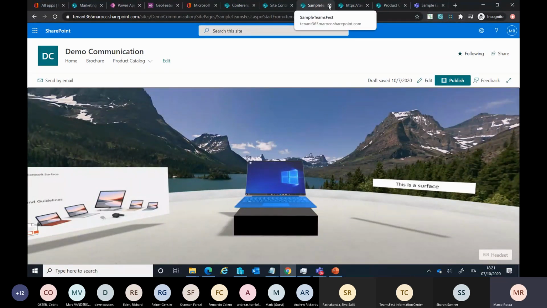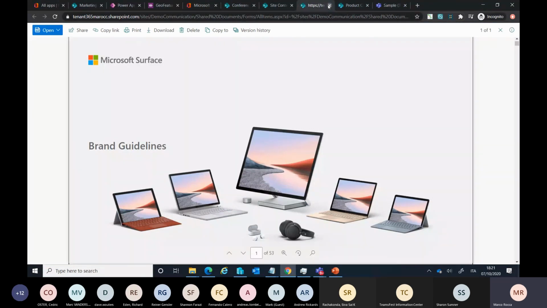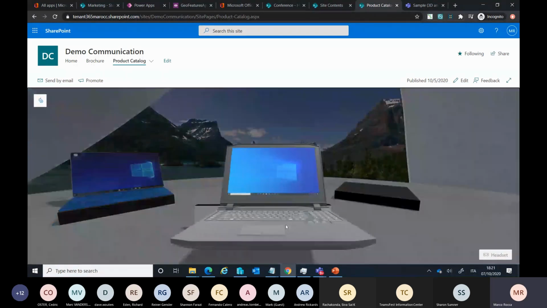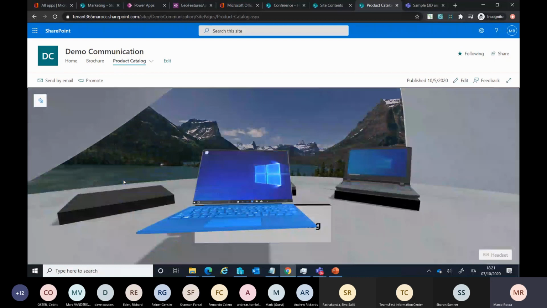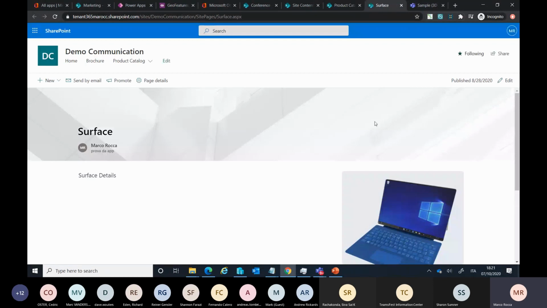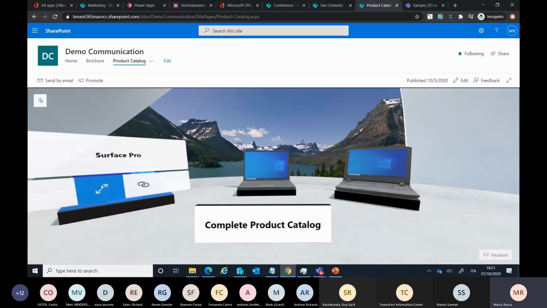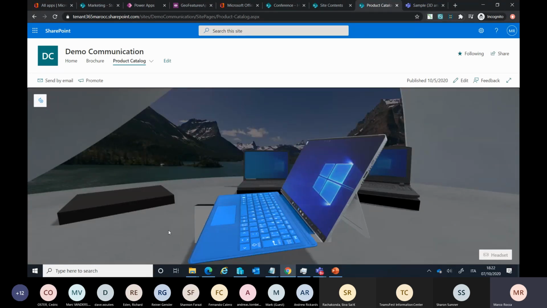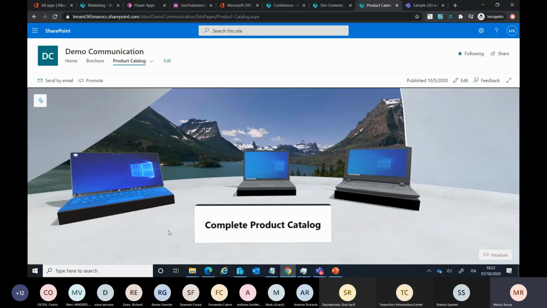I prepare the final result of my catalog, where I have a set of products. I can link this object with another space or a simple SharePoint page to manage a product catalog. It is a completely new experience, but not only to manage a simple product catalog, because you can manage, for example,